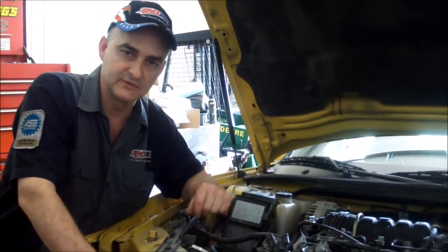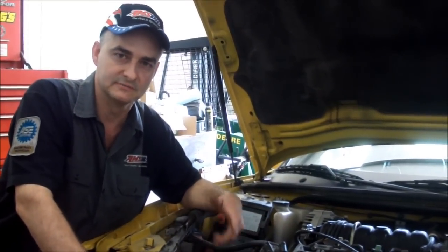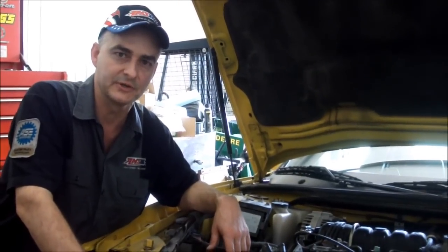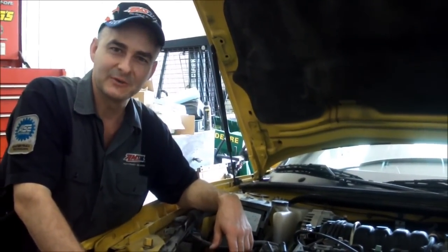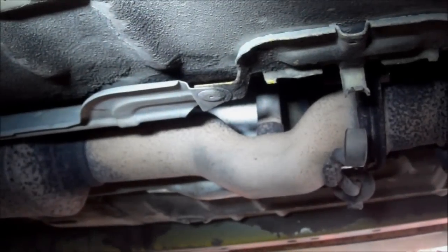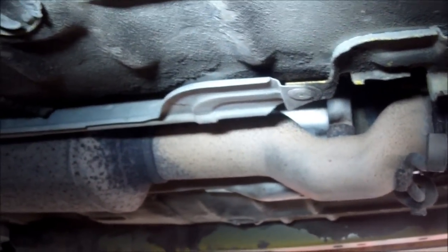And what that does, it gives you an alternate route for the exhaust to go out, so that if that catalytic converter is plugged, it'll tell us and let us know through the power increase. So we'll go ahead and do that and be back with you. Okay, we are underneath the car and taking a look at the catalytic converter, and it's pretty hot yet,